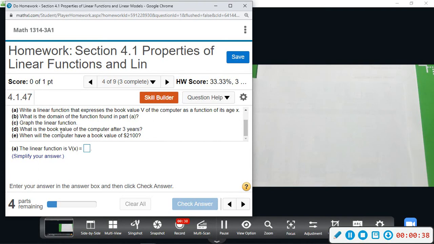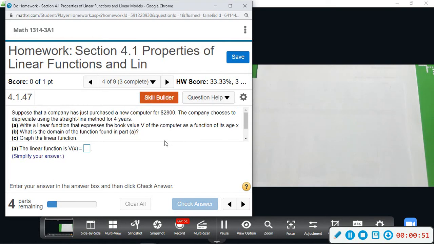We're going to graph the linear function. We want to know what is the book value of the computer after 3 years. And then we want to know when will the computer have a book value of 2,100. Okay, so